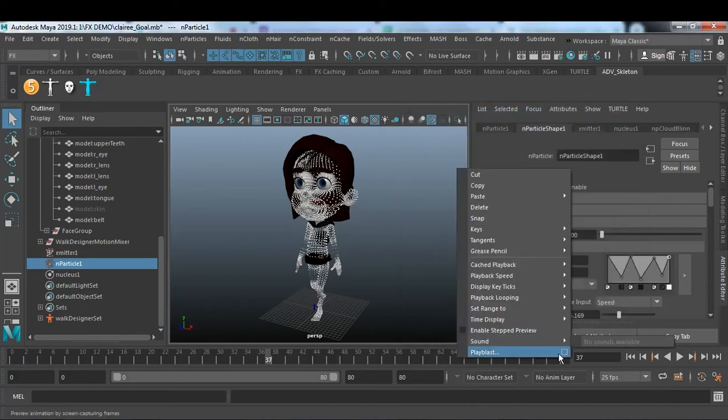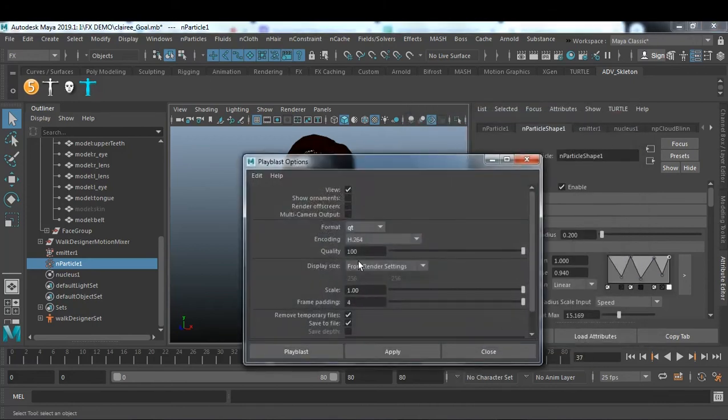And in the Playblast setting tab, just make sure you are having QT as H.264 from render settings, and save to file.